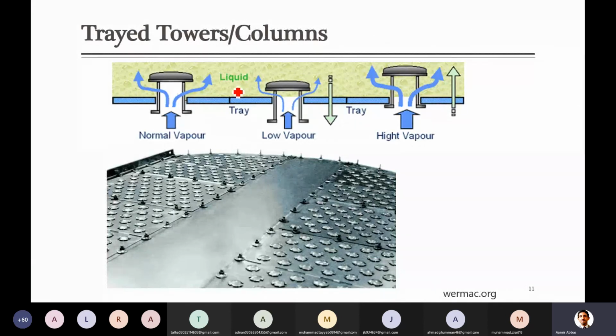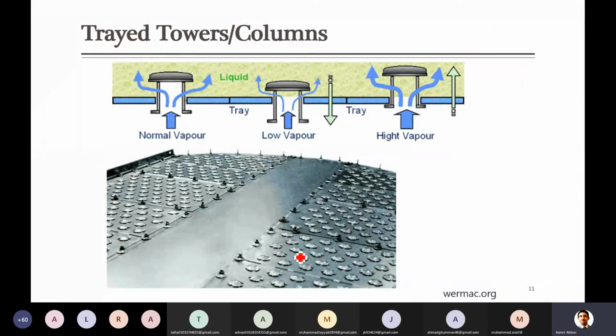And the next one, which was called valve trays. Here they have mentioned that they have a somewhat flexible opening, and that opening can vary based on the amount of the vapor. For example, in this diagram you can see that it is opened by a small amount as compared to the two others, because here is a low pressure of the vapor, and in this case when there is a low pressure, this vapor pushes the valve. This is a movable structure that can be pushed, and that slit can be moved upward based on the pressure of the vapor. Otherwise it will be fully closed.